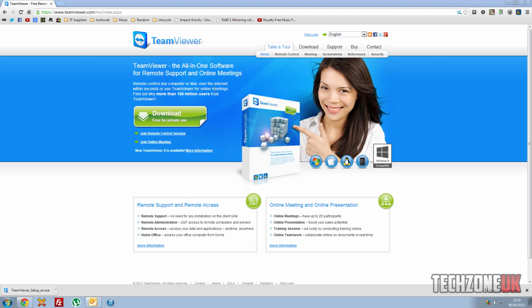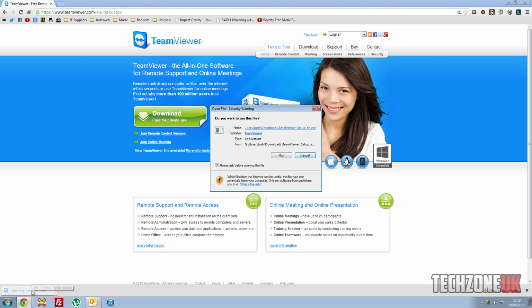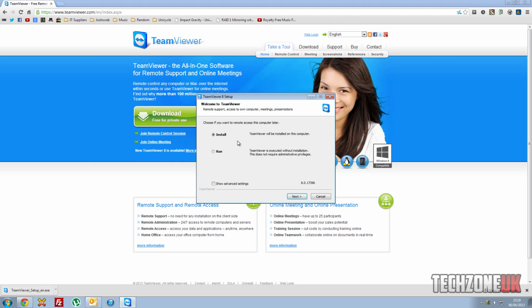That's what I'm going to show you how to do today using this website here called Teamviewer. Now basically you just want to head over to teamviewer.com and press the download button here. Now down here you'll see it says Teamviewer setup. So what we're going to do is we're going to actually install Teamviewer here. So I'm going to hit run, and you can see the first thing it does is it gives us two